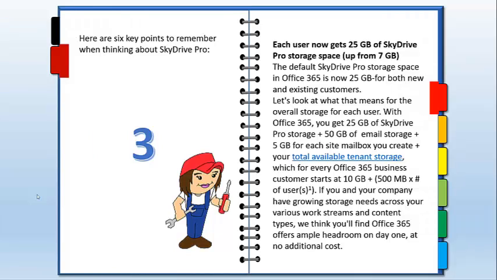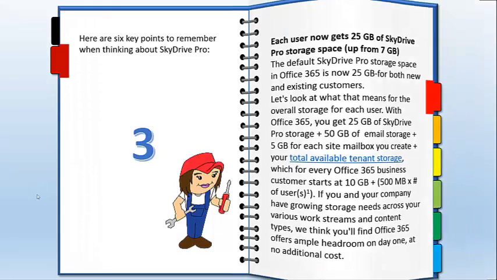Each user now gets 25 gigs of Skydrive Pro storage, and this is up from 7 gigs, and this just happened not too long ago. So this gives your people the ability to have up to 25 gigs in storage, and you're going to see later on that they'll also have 50 gigs of email, 5 gigs in a shared mailbox that you can create. So you can see in Office 365, you can start now adding up a lot of storage for your users